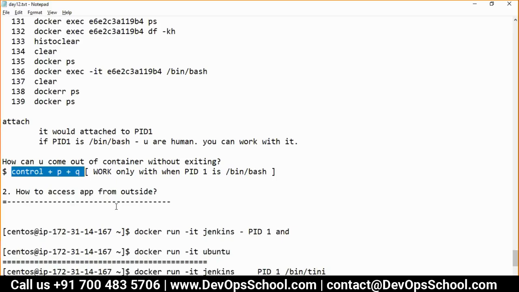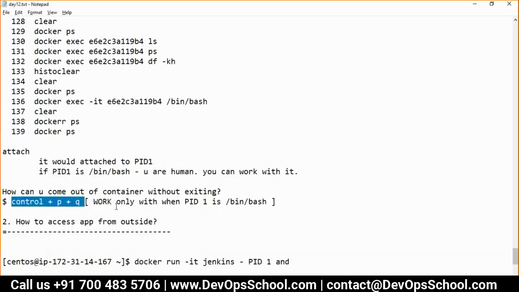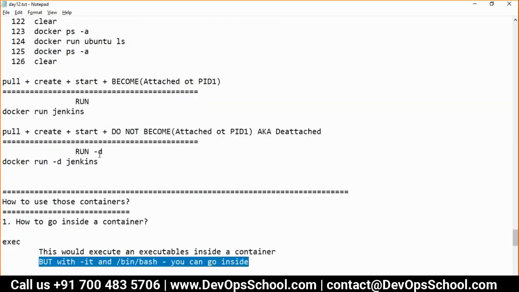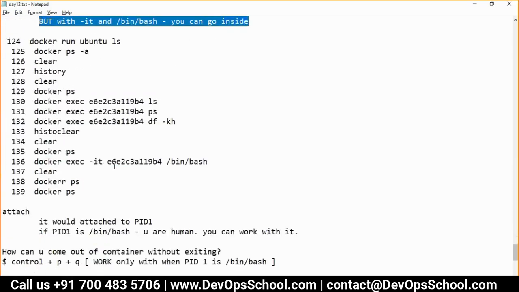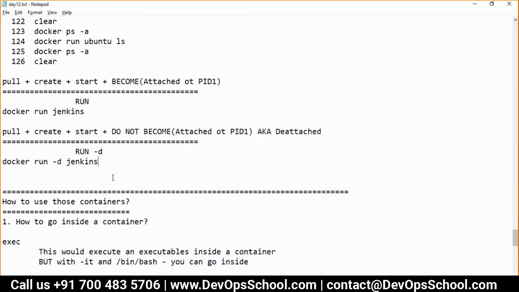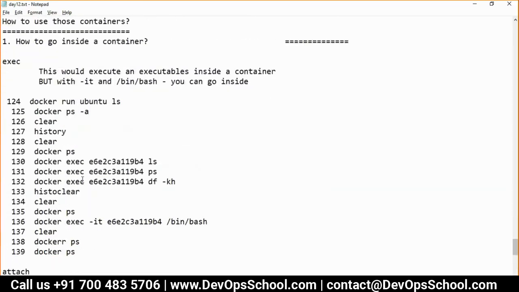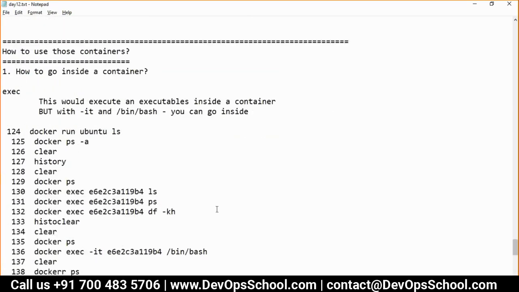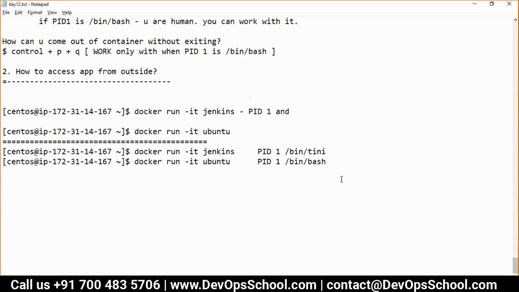Rajesh, one quick question on the exec interactive mode. So we have exec command in interactive mode as well as run command in interactive mode, right? Yes, you have run also interactive. For run, we don't add /bin/bash. Do we need to add /bin/bash in run also? How are we adding it in exec? No, you are not adding /bin/bash. I'll tell you the reason for it. And the reason is here.